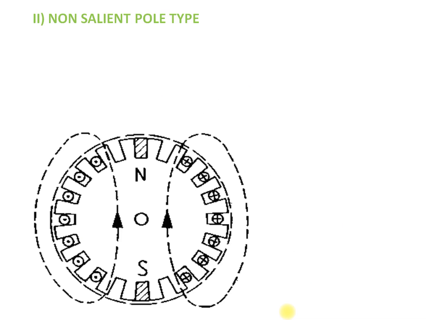And the next type will be the non-salient pole type. For the non-salient pole type, the rotors will be similar to the induction machine rotors. So these rotors will have slots, as in the rotor slots. So this kind of rotor slots will be supplied with the windings, and the DC field will be given to this particular